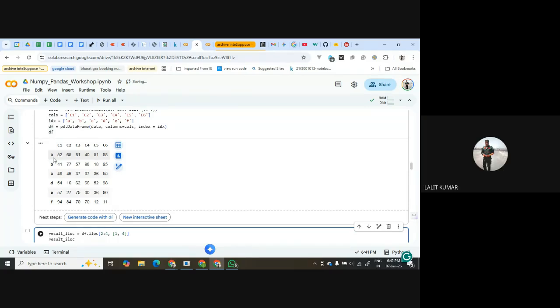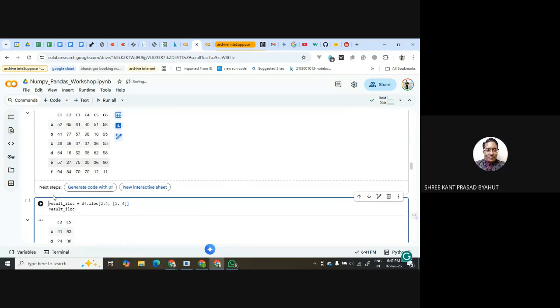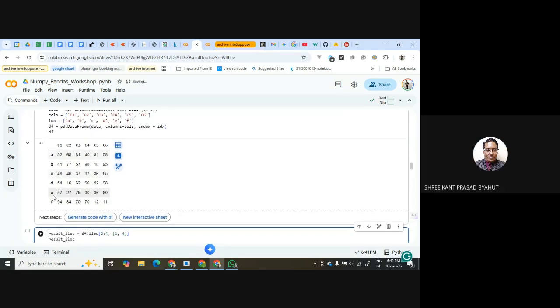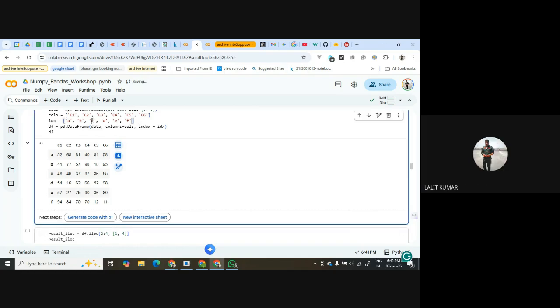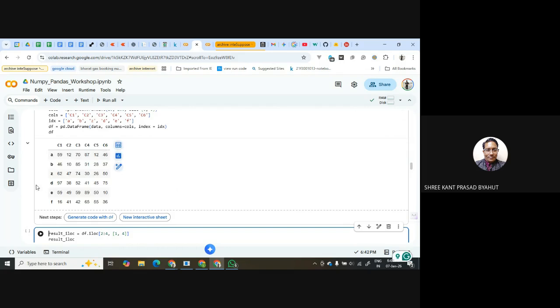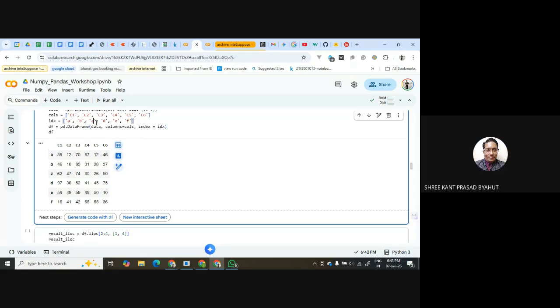Okay, so basically loc will use the exact index, right? Exact index. Suppose here in the IDX list we put A, D, C, B, F, E, then will the index be sorted? No, it will not be sorted. It will come in the same order. I will just demonstrate. I will put Z here. The same will come there. Okay, sequentially it will take. Fine. Thank you.